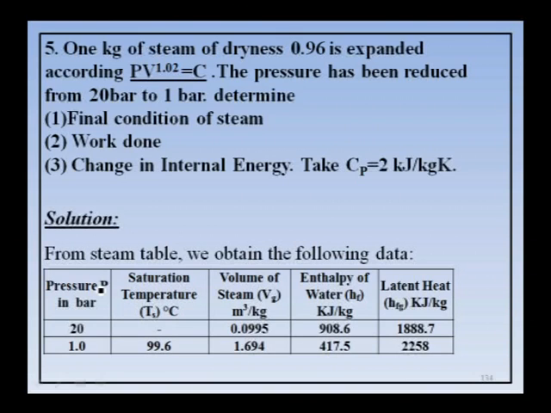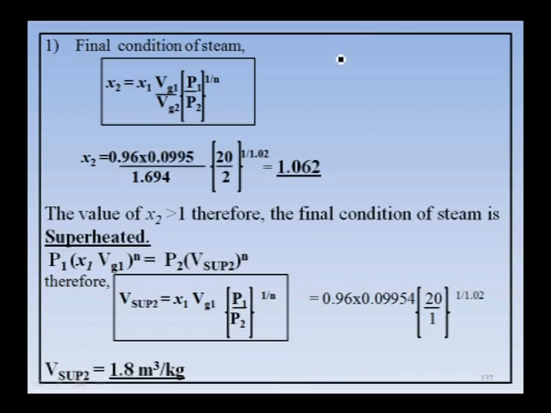Before that, observe the dryness fraction value, it is 0.96. Therefore the initial condition of steam is wet with a pressure of 20 bar. The final condition is not known, for that we have to find the value of x2. In a polytropic process, the final dryness fraction x2 is x1 Vg1 by Vg2 into P1 by P2 whole to the power 1 over n. So substitute all the values x1, Vg1, Vg2 and P1, P2. So you will get the final dryness fraction as